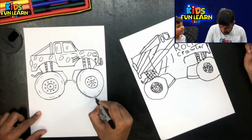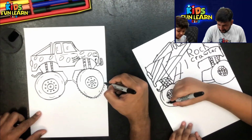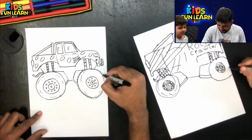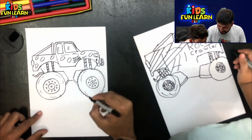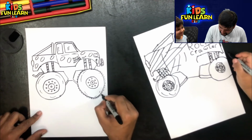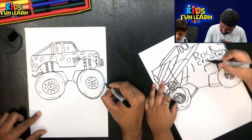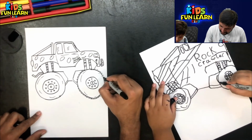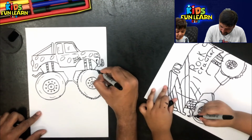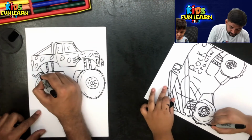My design is done. See, Papa. Very good. See, Papa. What are you doing? Can't even understand that you have drawn a monster truck. I can understand if you have made a jeep or what. Yes, I have made a jeep. A monster jeep. The thing is called a monster jeep. So the grips are ready. I'm making some fireproof grips